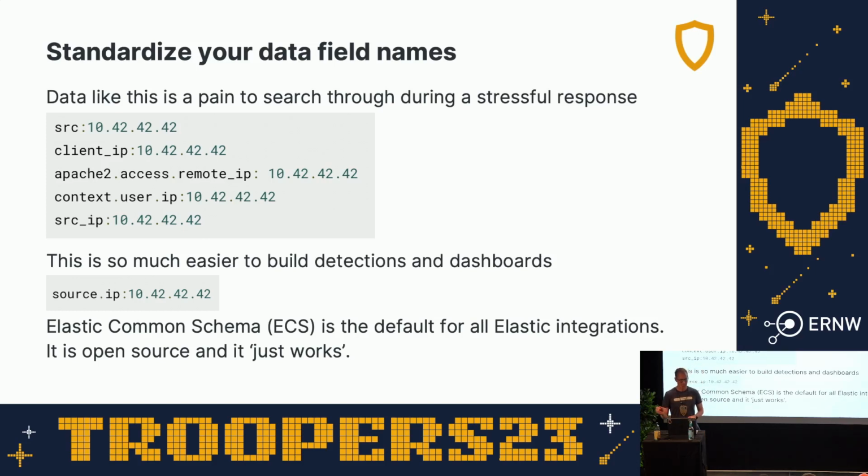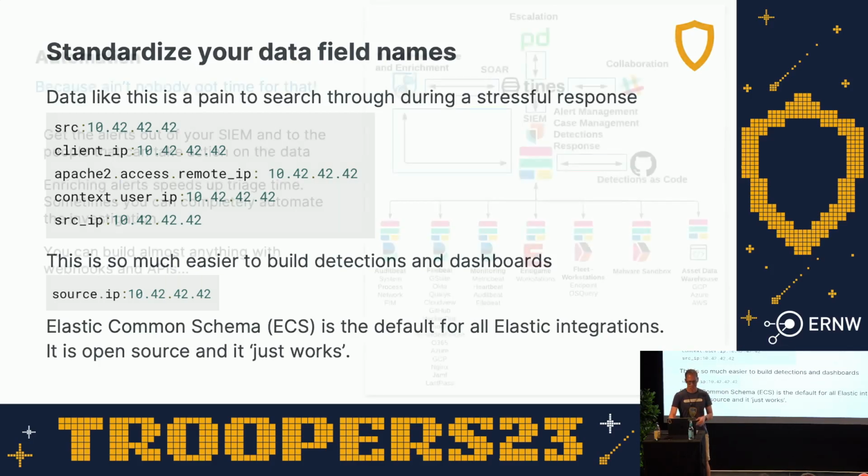And like I said, the attackers are moving quickly now. You have to move at their speed. And you can't do that if you have to run 15 different queries in order to change all your data. We use Elastic Common Schema because out of the box it just works if you're using Filebeat or our integrations. They just recently joined with OpenTelemetry, so those are all linked together. I don't really care if you use that or something else, just standardize it.